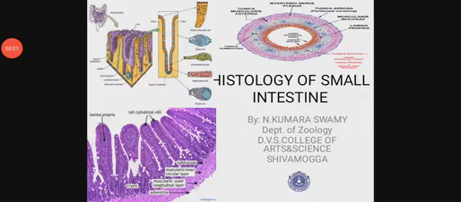Good morning, students. Today, let me continue with this histology chapter, and particularly today, I'm going to explain to you about the histology of the small intestine. You know that, students, the small intestine is one of the major parts of the alimentary canal, and it lies in between the stomach and the last part of the alimentary canal, what is called the large intestine. Some of the sections are being shown here, the details of which I am going to explain in later slides.